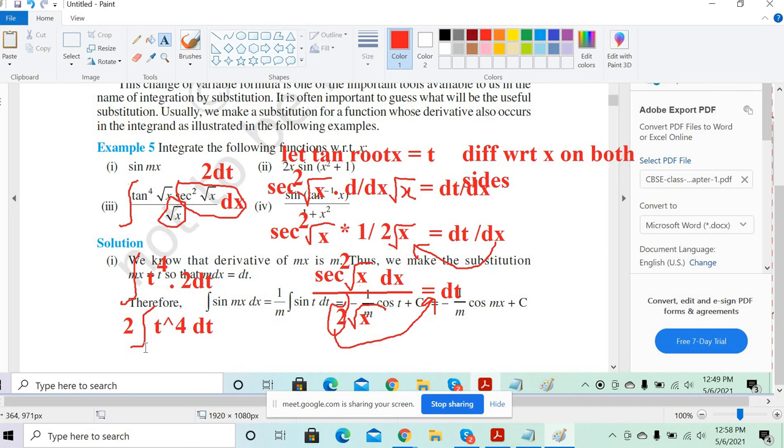Okay. See, we cannot solve it by the normal method. So normal method we cannot solve this, tan power 4 root x secant square root x dx, right? So let's do that part now. Okay, now what are we assuming? See, tan power 4 root x and secant square root x.